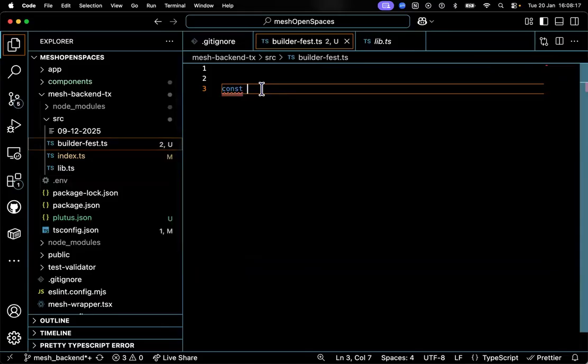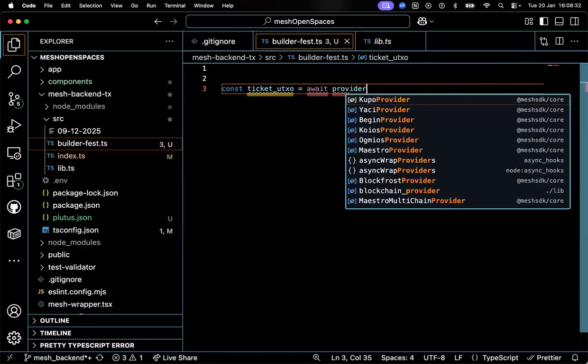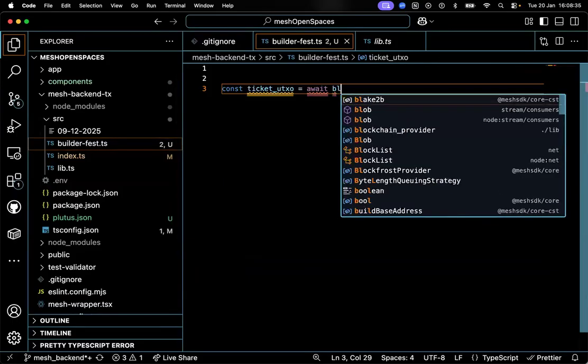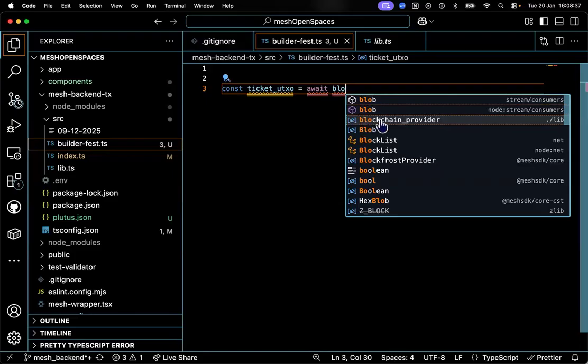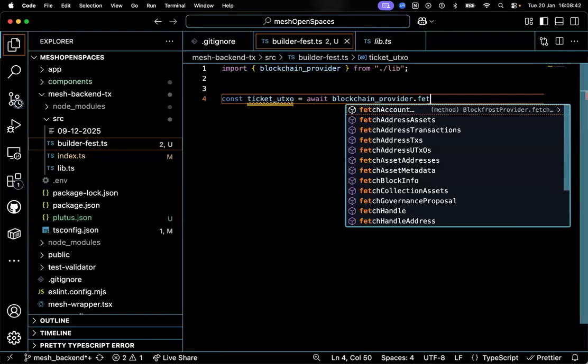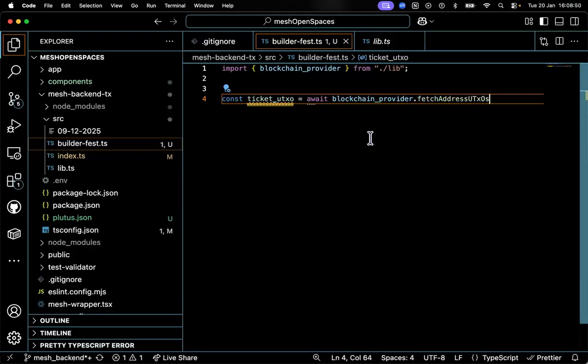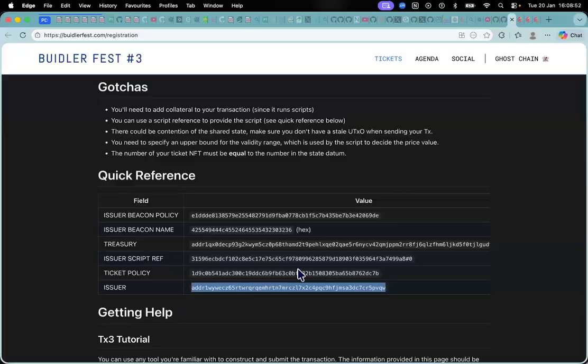So we can call this ticket UTXO equals, we're going to use our blockchain provider dot fetch address UTXO, because the UTXO we want to fetch is in the address of this issuer's address.